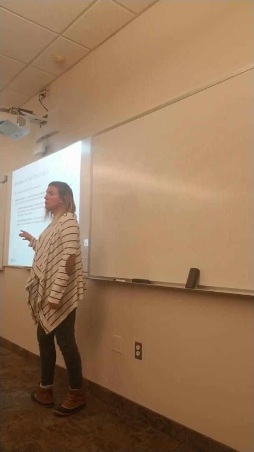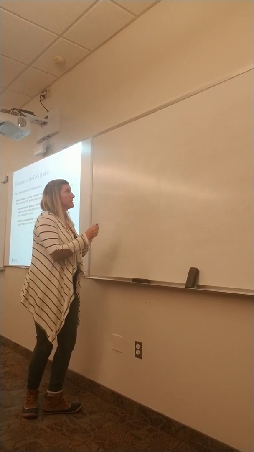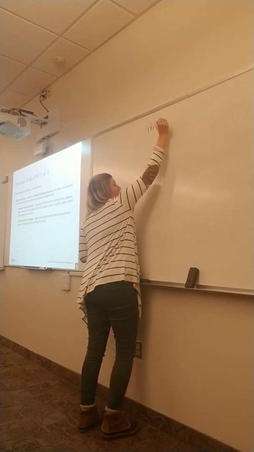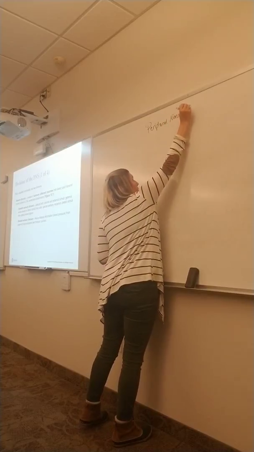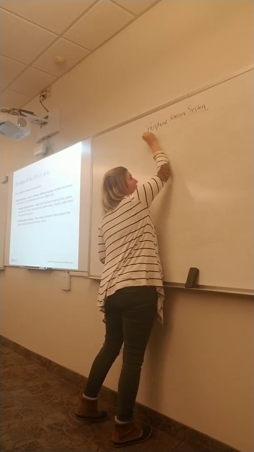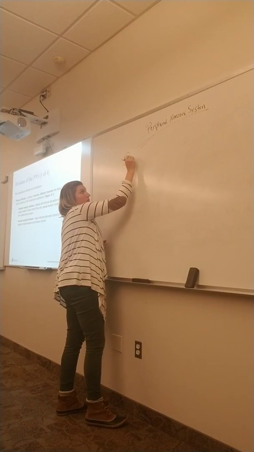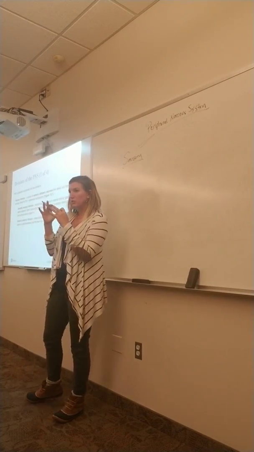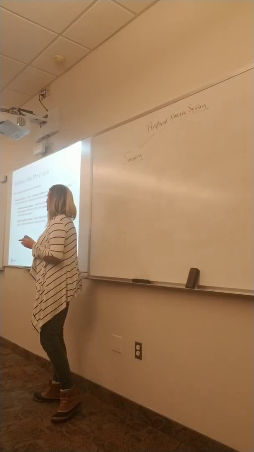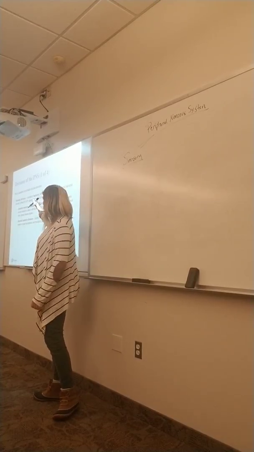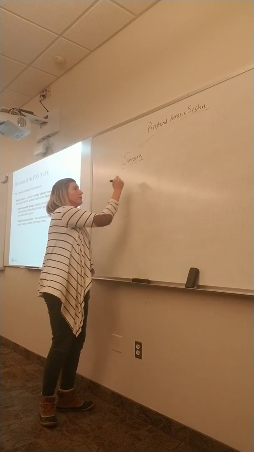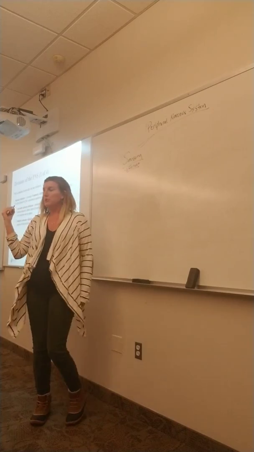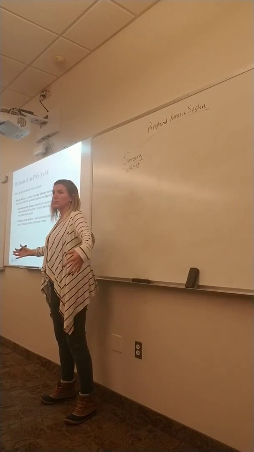So we can actually break down our peripheral nervous system into functional units. So we have the sensory division, and we did a graphic organizer similar to this when we started with the nervous system, but we're going to get into more detail. So we have our sensory division. So our sensory division, this is all of our afferent fibers, right? And so by afferent, what we're talking about is arriving fibers that are bringing information from the periphery to the